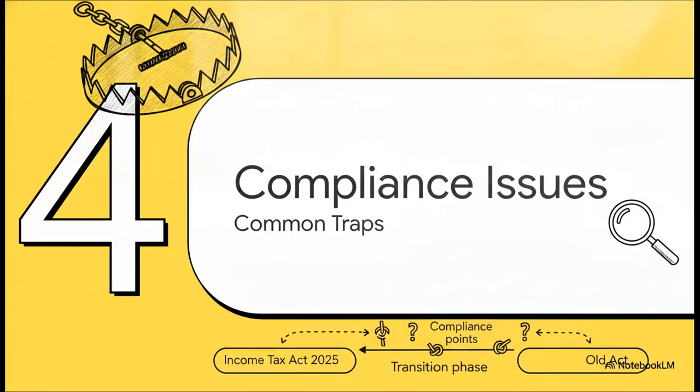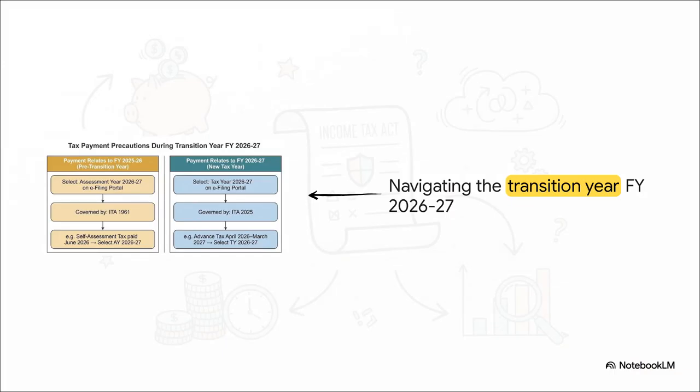Section 4. Compliance and Common Issues. Let's explore the practical roadblocks, particularly those that are going to pop up during this unique transition phase between the two acts. Now, what's really interesting here is how the e-filing portal differentiates payments during the transition year. As a tax pro, you'll be making payments in the financial year 2026-27 that might relate to the old act